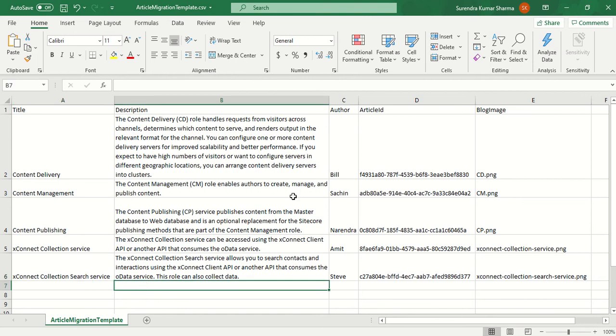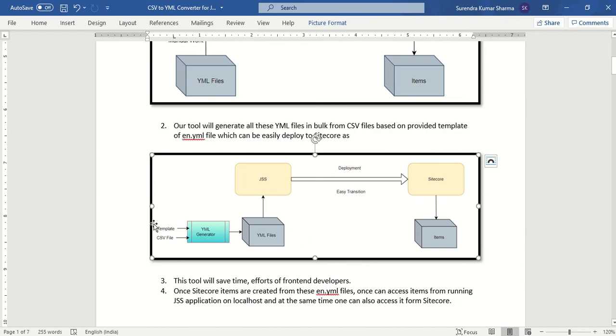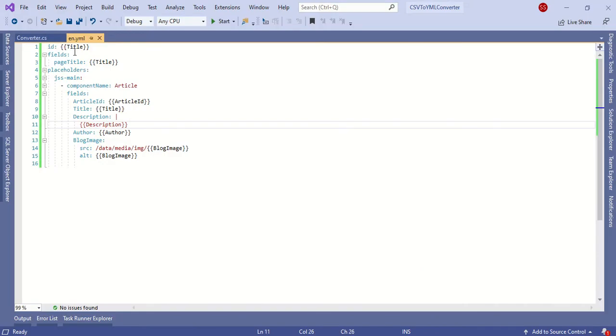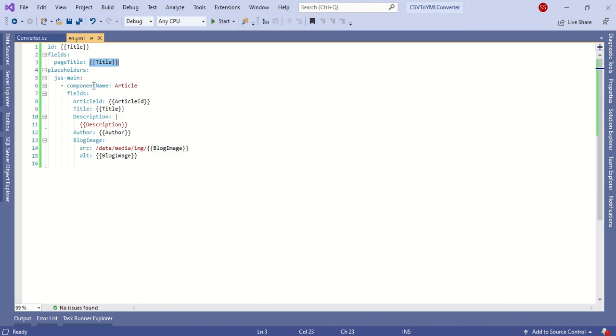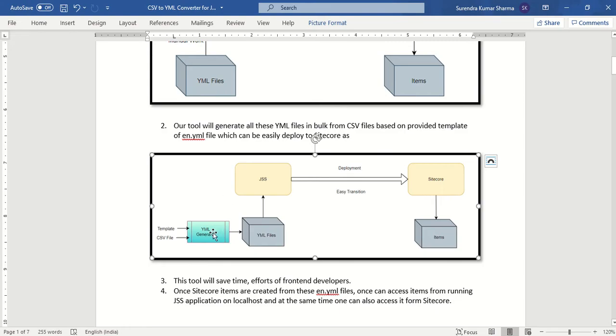So this is our CSV file, and then we need a template file. This template file is nothing but an en.yml file where we specify the placeholders. These placeholders will be replaced by the values from the CSV file, and then it will create YML files which our front end developers can use. So the template and the CSV file are the input for our tool.